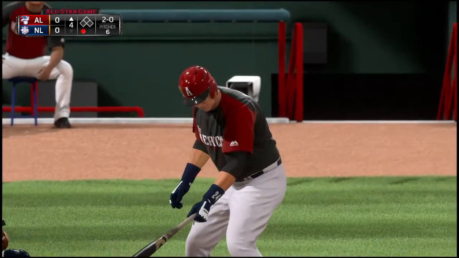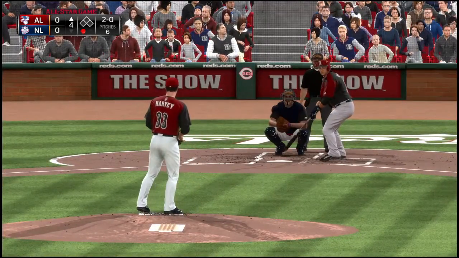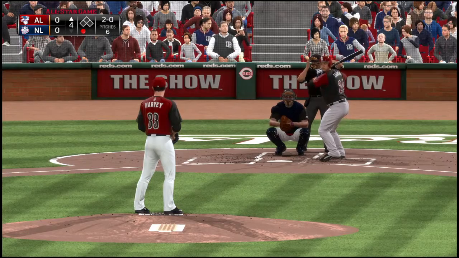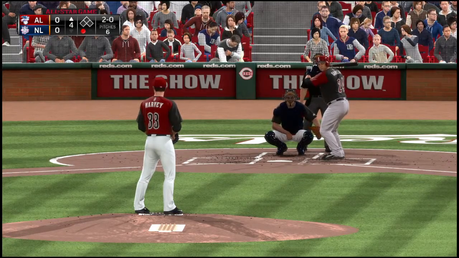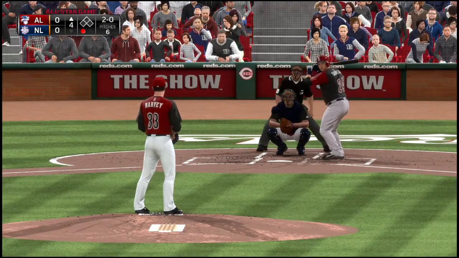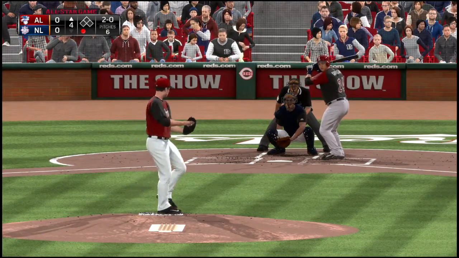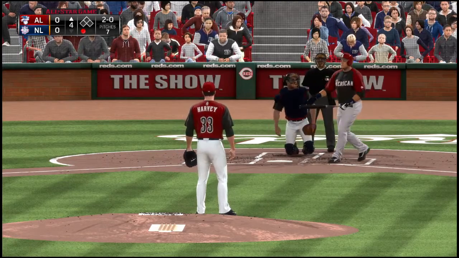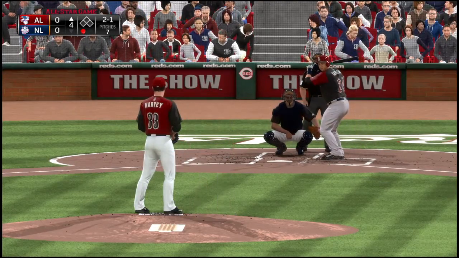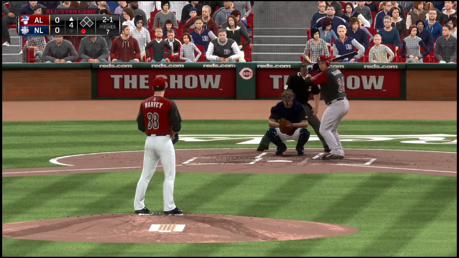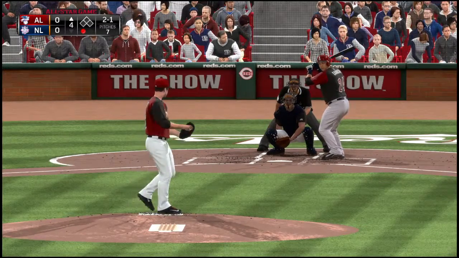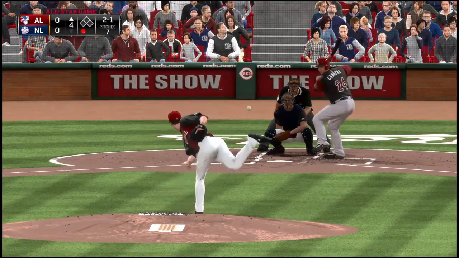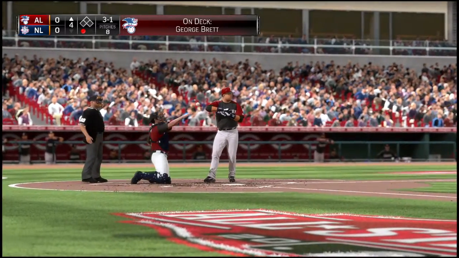Normally this guy would be all over him, but he's shown some discipline here with 2 good takes. Now the 2-0. Chopper foul. Here's the 2-1 pitch. He's fallen behind now, 3-1.